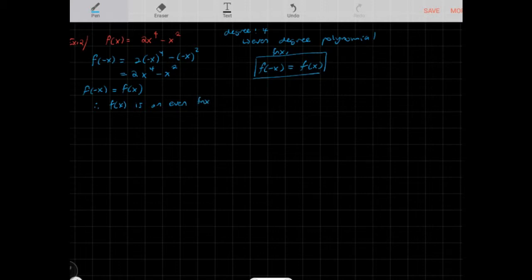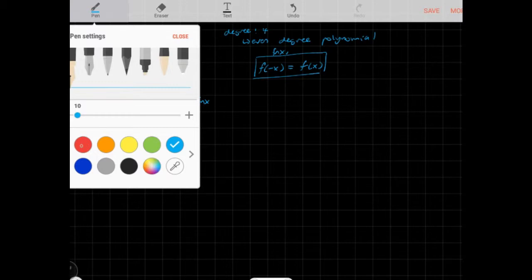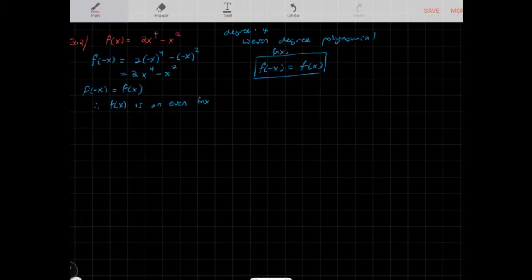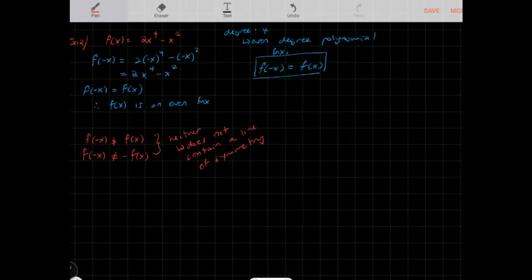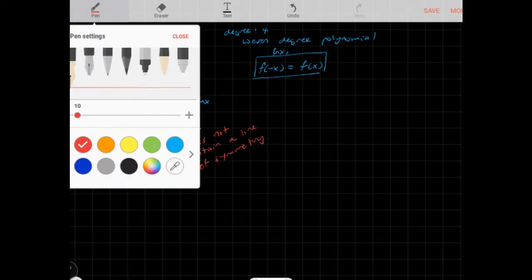Now there are cases where both of those tenets don't hold. If f(-x) is not equal to f(x), and f(-x) is not equal to -f(x), then we say that the function is neither. And neither just means that it does not contain a line of symmetry. So it doesn't contain a line of symmetry is the idea. An example of this,